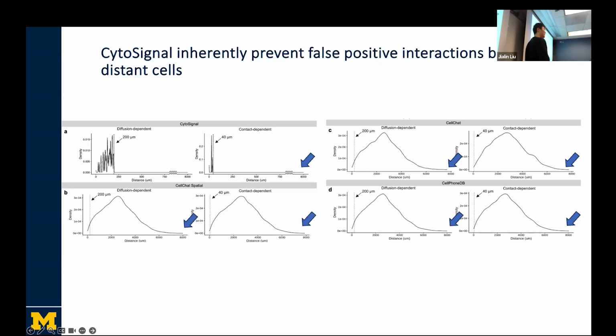That makes sense, thank you. A follow-up to that: if you looked at CellChat or CellPhoneDB, you could set a threshold like you have with yours at 40 and 200. Have you compared your results within that specific defined area to see how similar they might be to theirs? For CellChat spatial, we do set that directly, the same 200 micrometers, and it's still giving us results like this for some reason.